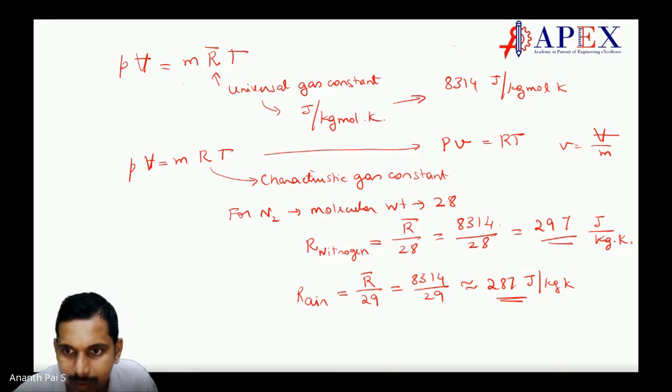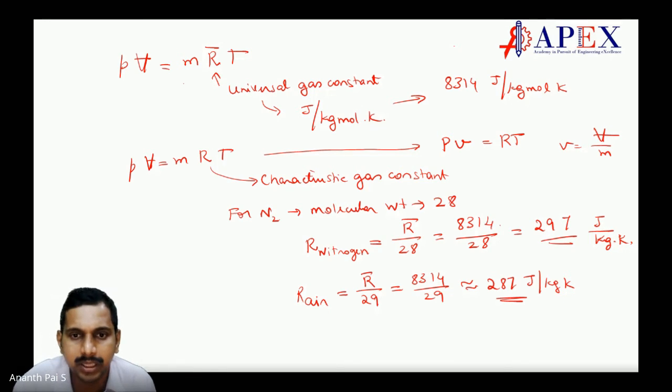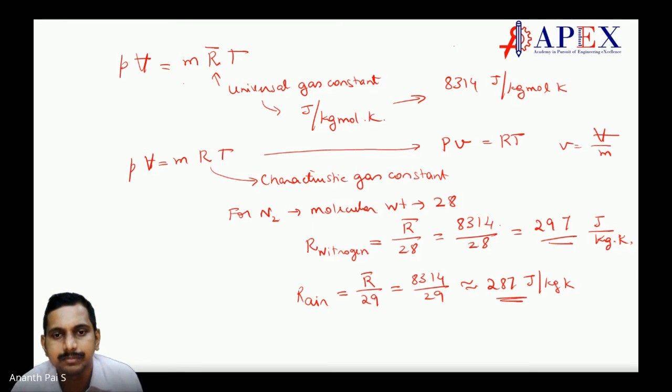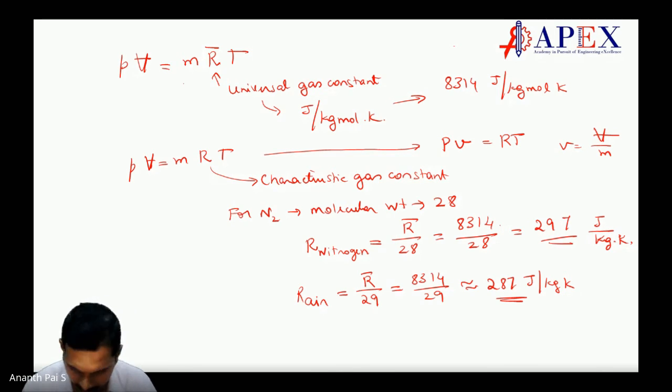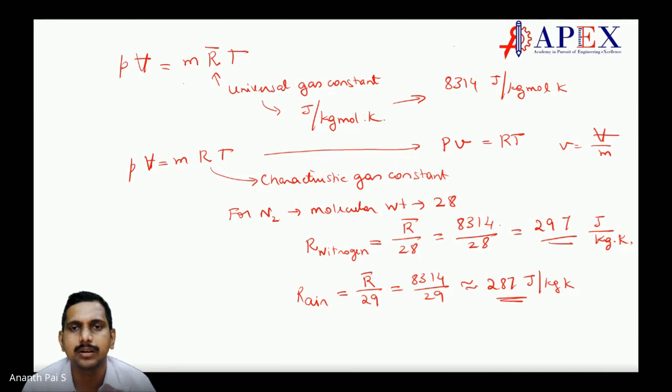Sir, could you justify those units? Which units? See, 1 kg mole is how many kgs? 1 kg mole of nitrogen is 28 kgs. 1 kg mole of air is 29 kgs. Make sense? So wherever kg mole is there, you put 28 kgs. Make sense? Yuvraj. Yeah, sir. Like, it is in the denominator now, so it should get inside. Wherever it is, you have to put that, is it not?